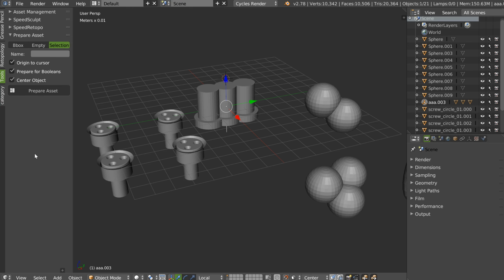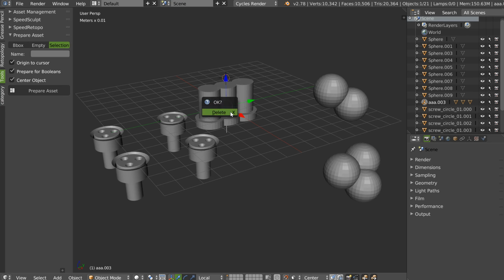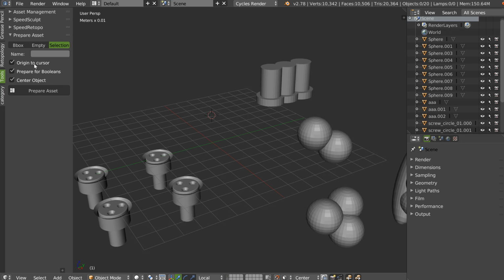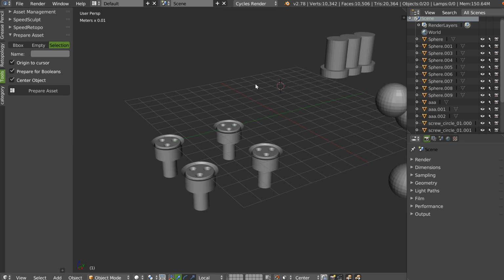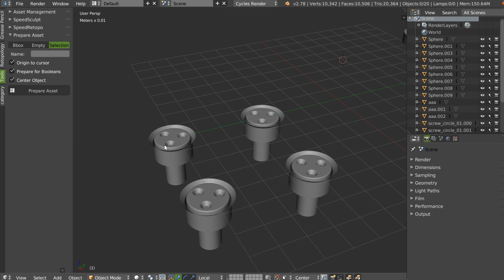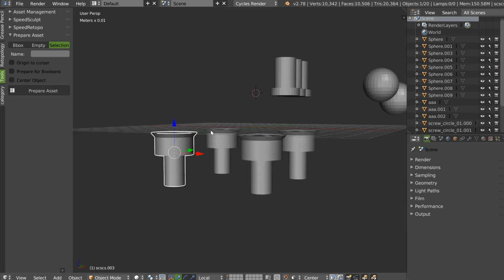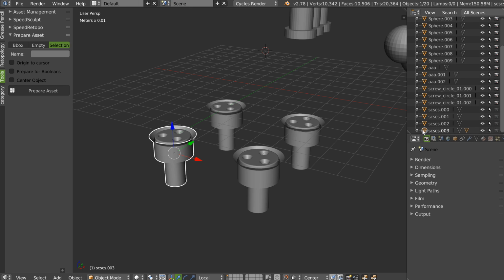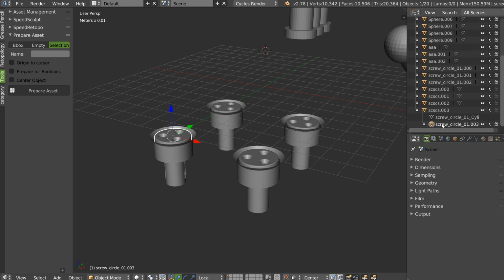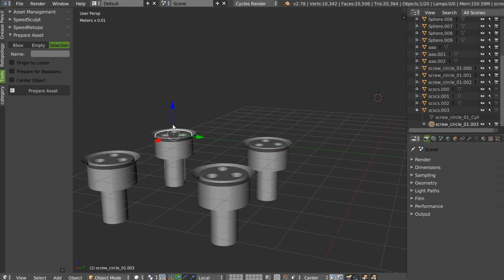What else? Selection. Selection is for the selection. I will remove all of this. For example, I will select this one, I will click on Prepare Asset, and as you can see, I have my object with the other object inside.